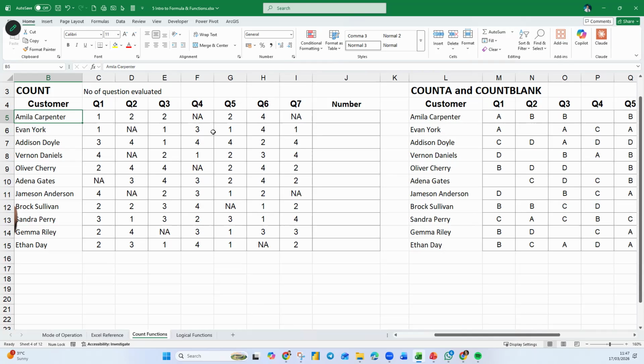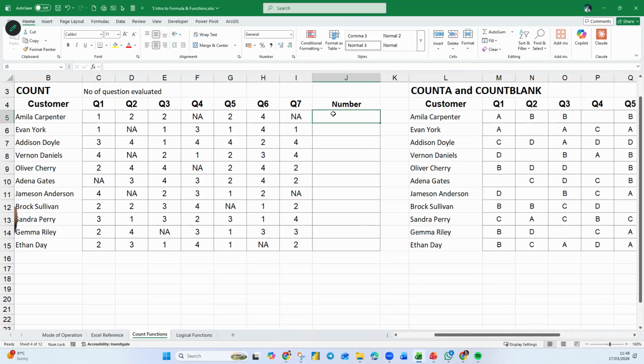NA means not applicable. It's just like I will ask Edison, how is the cleanliness in the ladies' toilet? Will you be able to answer me? Yes. Oh, you go to the ladies' toilet. Oh, okay. Make sure nobody screams. So usually it's not applicable to you because you don't go into the ladies' toilet. Nor the ladies, Jaja, do you go inside the male's toilet? Of course they will be excited to see you inside, but usually no, right?